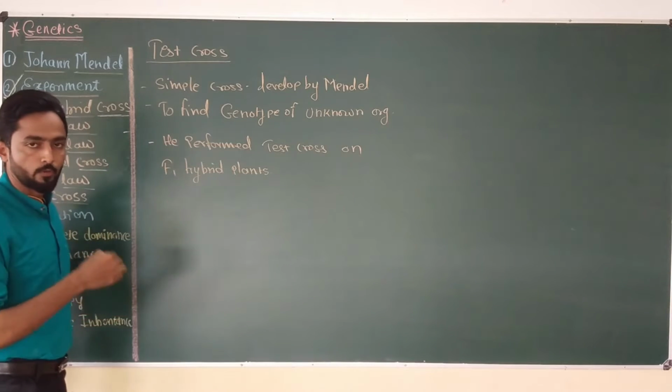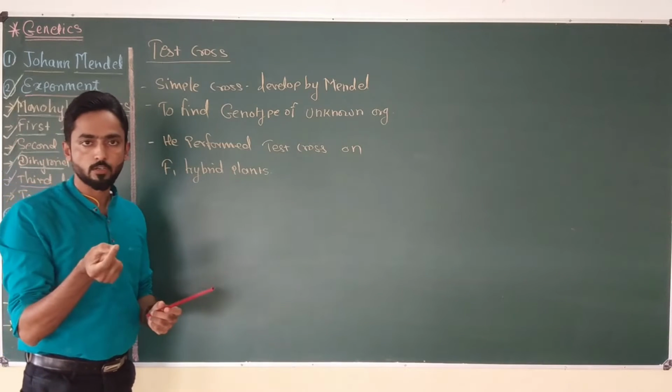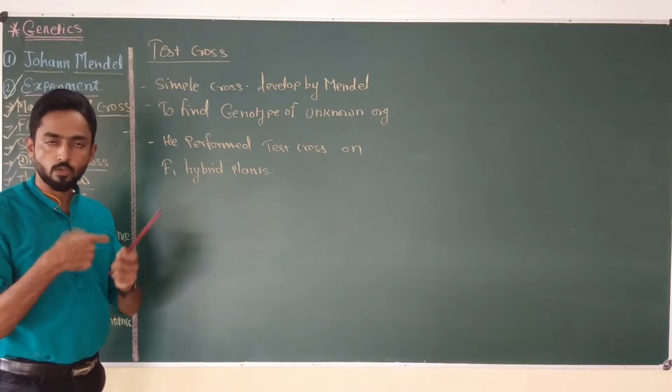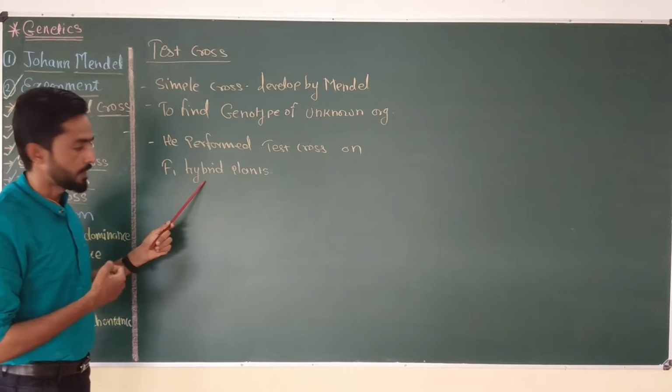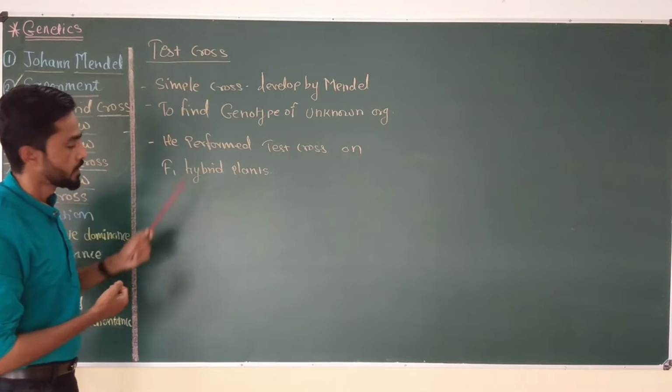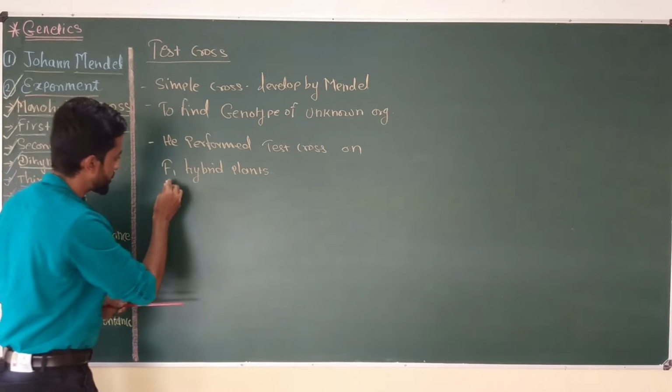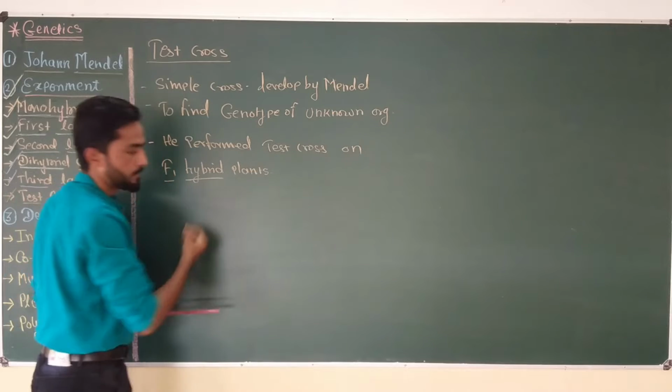Okay, so we know that in monohybrid or in dihybrid cross, after the parent cross, the first generation which is called the F1 hybrid, and Mendel used this test cross to find out the genotype of this F1 hybrid plant or